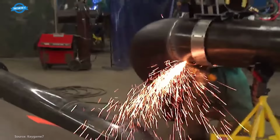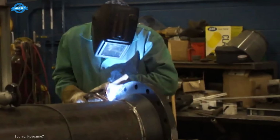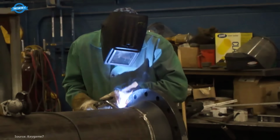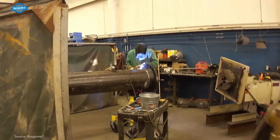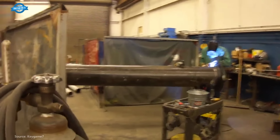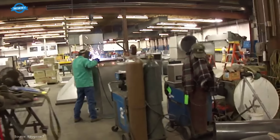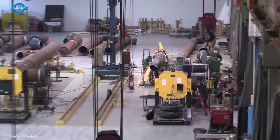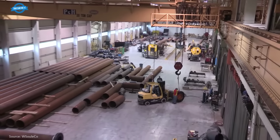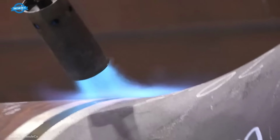In 2023, the global pipe fabrication market was valued at approximately $5.2 billion and is expected to grow at a CAGR of 4.5% from 2024 to 2030. This growth is driven by increasing demand for customized piping solutions, advancements in automated welding technologies, and stricter quality control